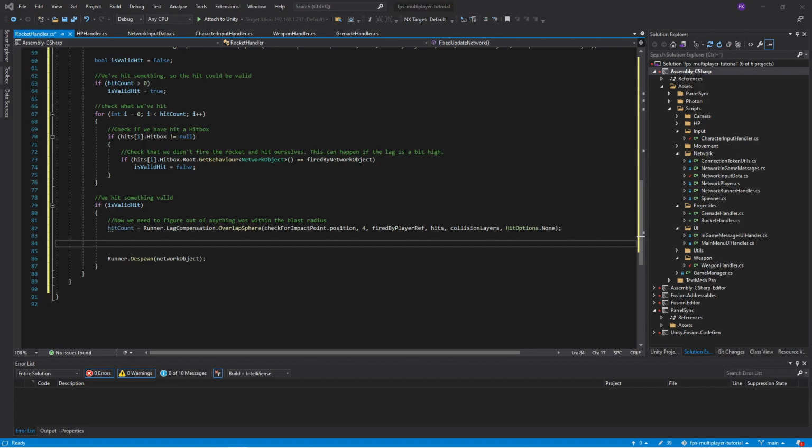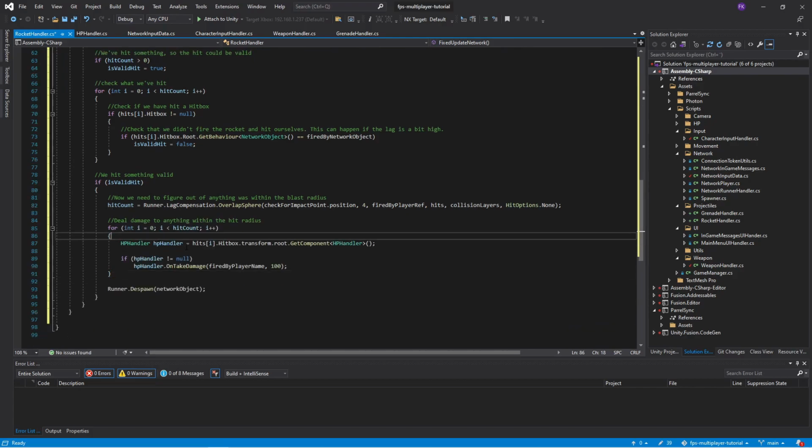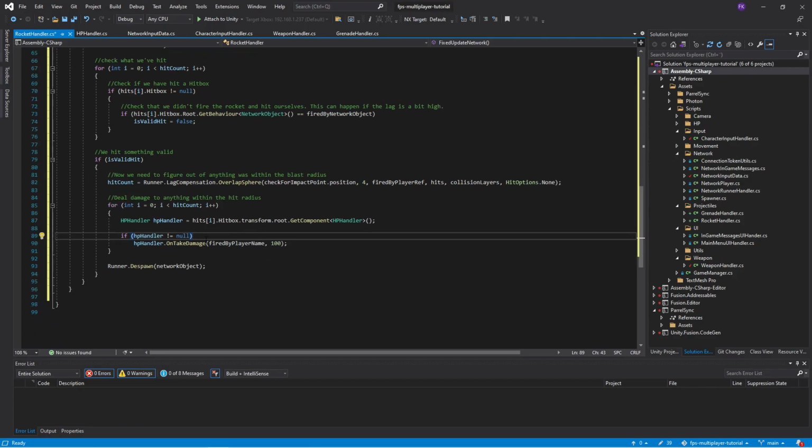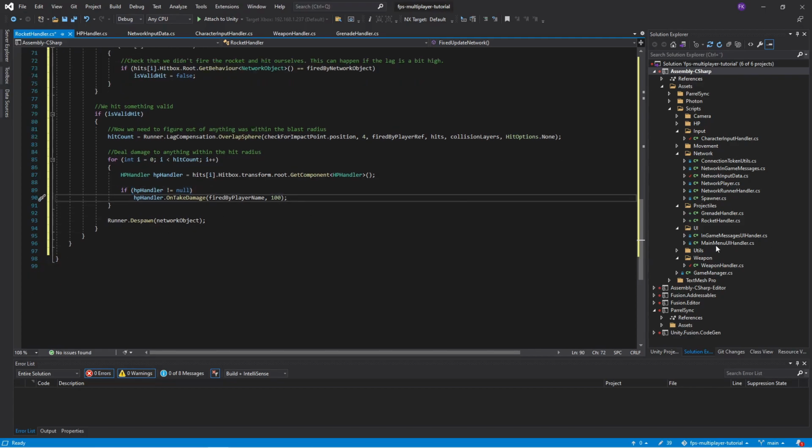And then whatever we are hitting, we need to check if we can deal damage to it. So we're looping through the hits, and we are extracting our HP handler. And if there is no HP handler, then we're not doing anything. Otherwise, we are taking damage. Awesome. So then we have our